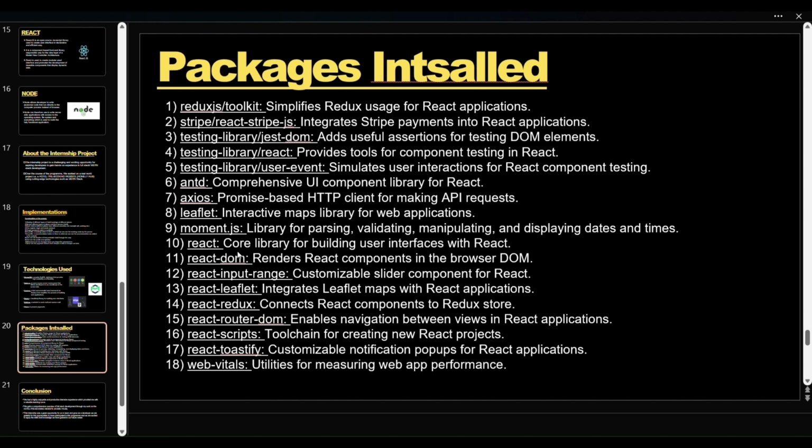Material UI, a comprehensive components library for React; Axios, a promise-based HTTP client for making API requests; Leaflet, an interactive maps library for web applications; moment.js, a library for parsing, validating, manipulating and displaying dates and times; React, the core library for building user interfaces; React DOM, to render React components in the browser DOM; React input range, for customizing range